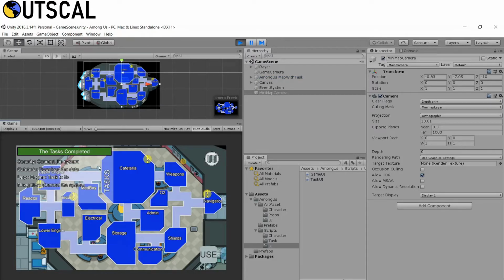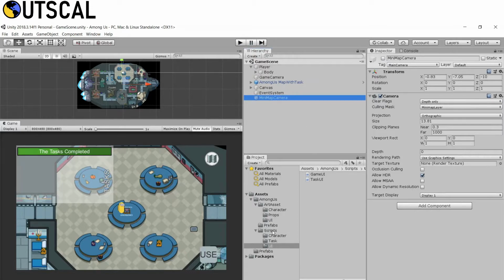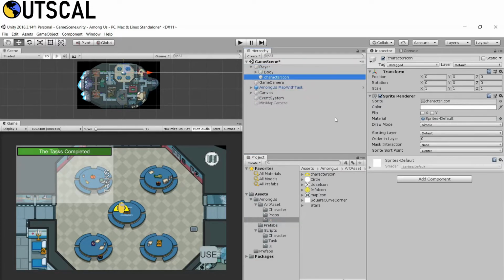Let's click on this button, and yeah, this is how our minimap looks. You can see our info icon for our targets is showing here as well. But one thing, guys, we right now don't know the position of our character, right? So we also need that. In this art asset UI, we have this character icon. Let's drag it here, set it to the minimap layer, set the order in layer to 11, and click on play.